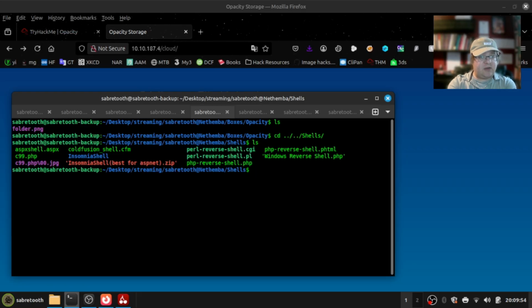I'll try c99.php. You see I've already got like an image thing here. I must have done this before at some point. Not this box, but this thing. But I'll do it from scratch. I'll use c99, see if that works actually. So we're going to go sudo python3 -m http.server on port 80,